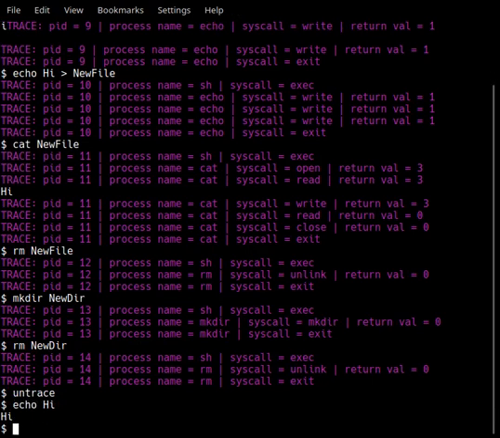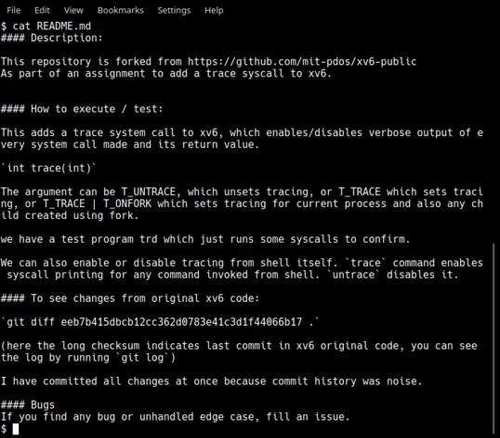It's not showing trace output, as intended, or it has shown the readme file without any system call output. That's it. Without changing the code of any process, we have managed to trace the processes. This is made possible because we added an onFork parameter to the system call trace.